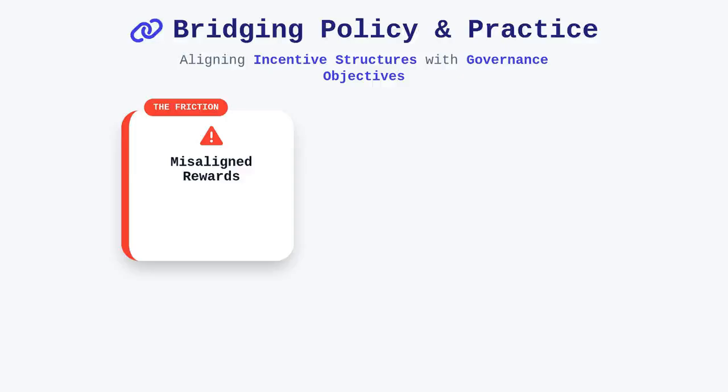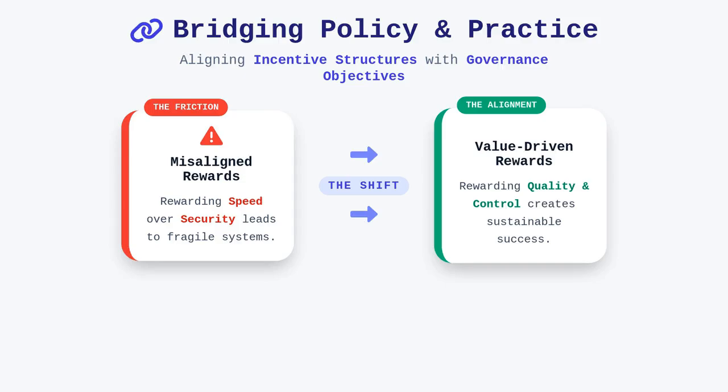To bridge the gap between policy and practice, we must design incentives that reinforce the behavior we wish to encourage. Governance initiatives frequently struggle because the existing incentive structures, such as performance bonuses or career progression, reward behavior that is antithetical to internal control. For example, if an organization pushes for rapid build, acquire, and implement cycles, but fails to incentivize security and quality assurance, developers will naturally prioritize speed over secure coding practices.